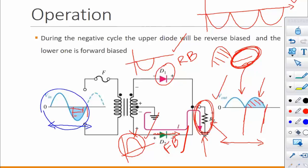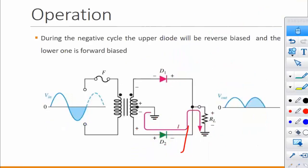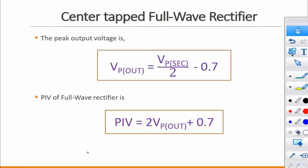But at any given time, only one diode is forward biased. That's why, if you take a look at the formula for V peak rectified, the formula only shows you negative 0.7, correct? There is no 1.4 in the formula. At any given time, it's only one diode. That's why